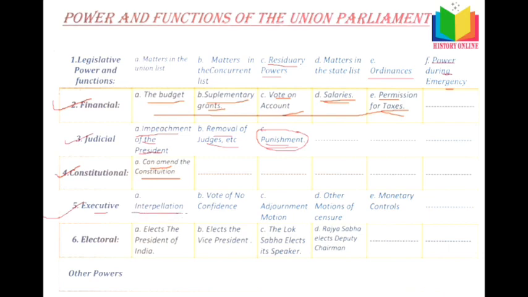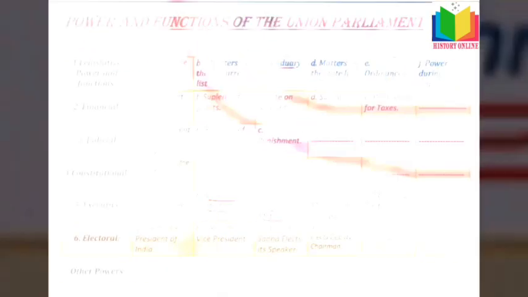What is interpellation? In the question hour, the ministers are asked questions by the opposition during the very first hour of every sitting in the House of the Parliament. The purpose of the question is to seek information from the government about its policies regarding a matter of public importance. It is a protection against injustice and slackness on the part of the government. Okay, interpellation.